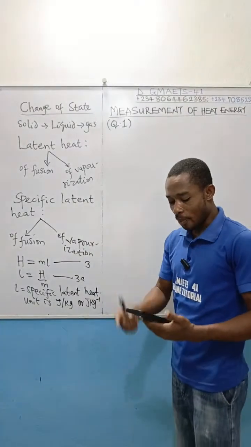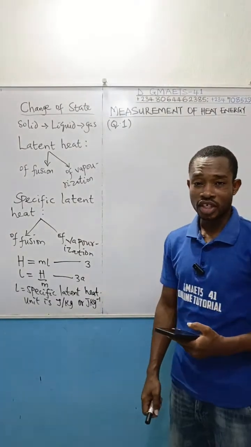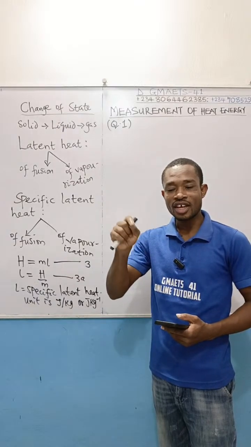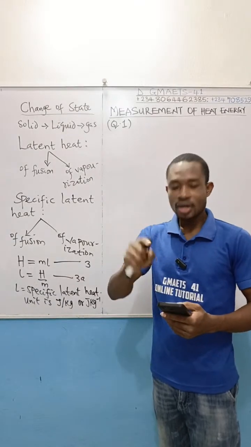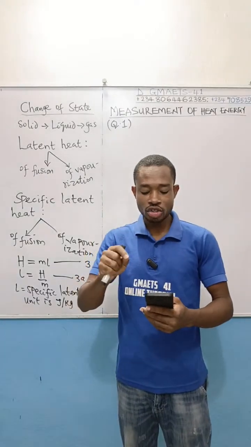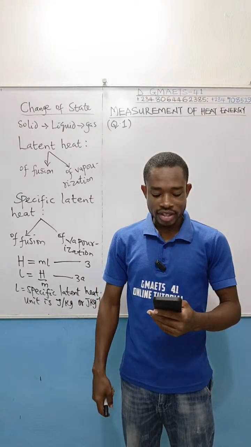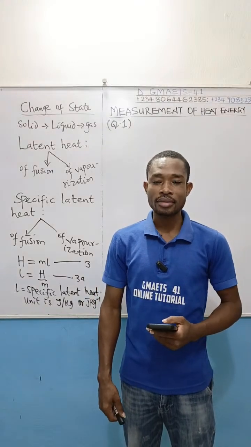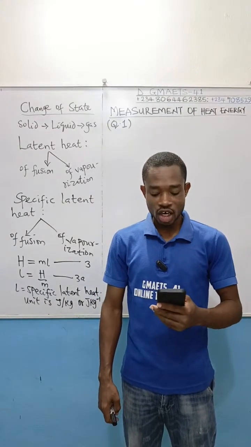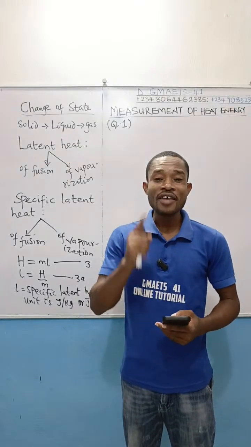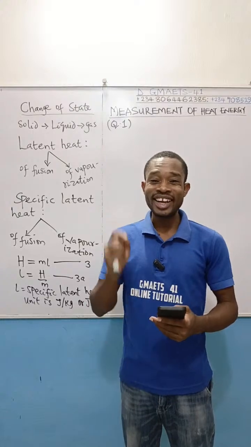All right, please follow up as I dictate our very first question. It reads: 1.95 kilojoule of heat is required to raise the temperature of 500 grams of lead